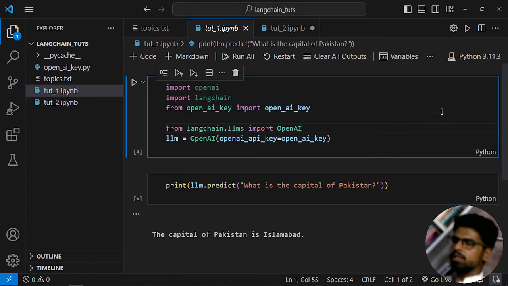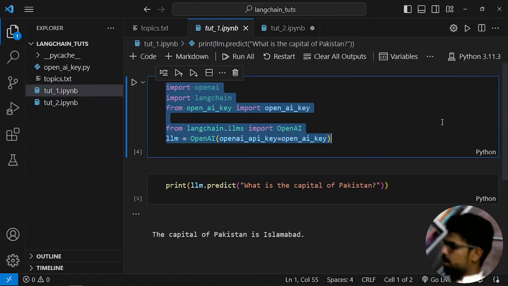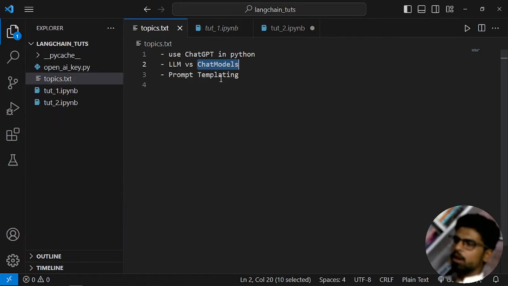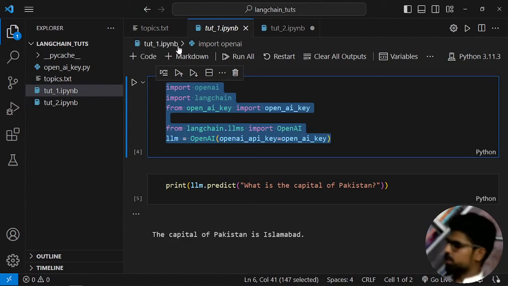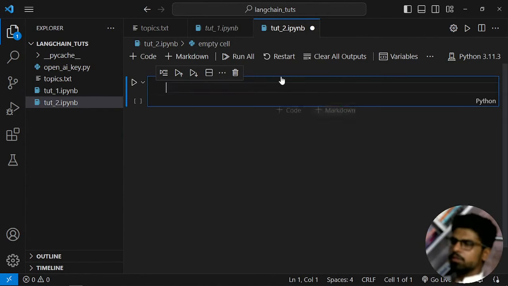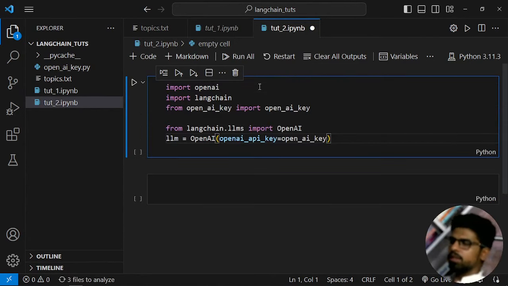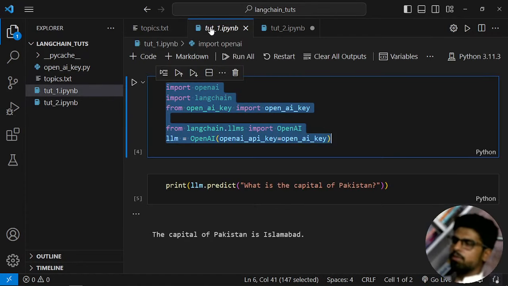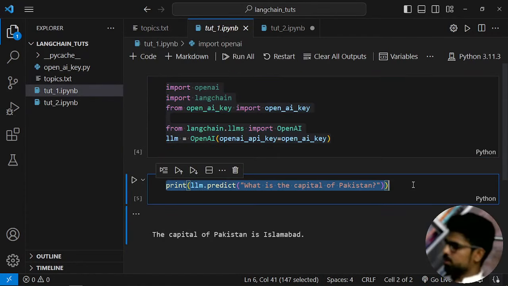Okay, so this is the previous tutorial, and we have covered how we can use ChatGPT in Python with LangChain. So I am just gonna copy this here. I will execute that. OpenAI key is already covered, and now what we will do is